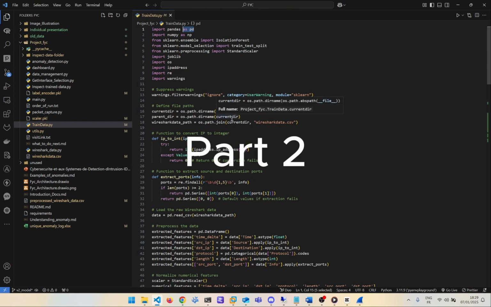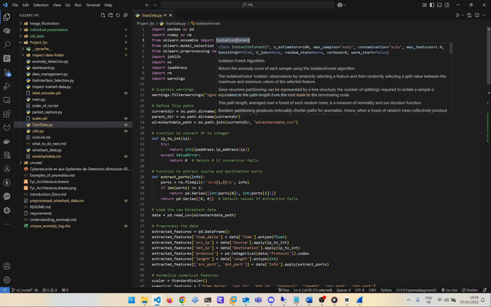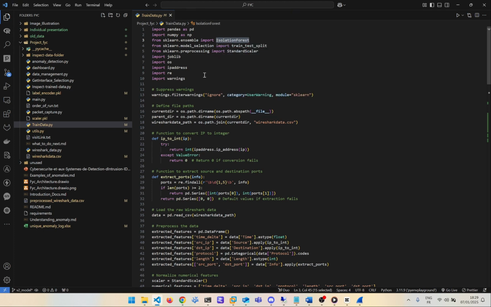Basically talking about an algorithm. This algorithm here is from sklearn. What it does is it's basically designed to identify anomalies or outliers. I will be using anomaly and outliers interchangeably because they are basically the same thing. So we are going to train our data to tell the model to identify anomalies or outliers in our data